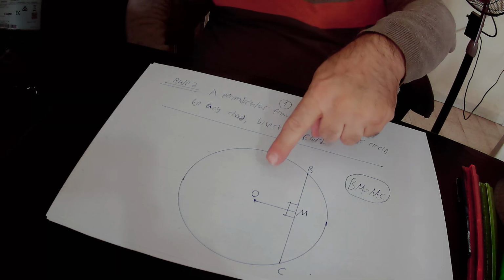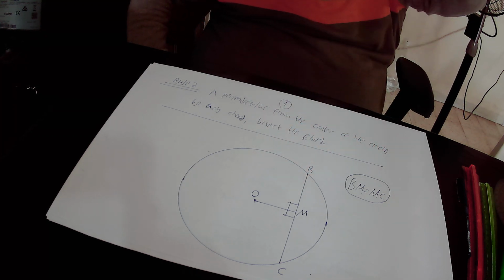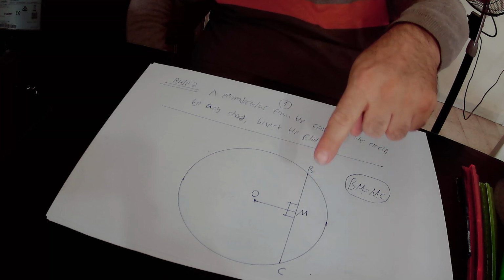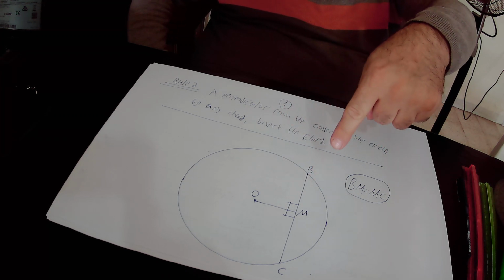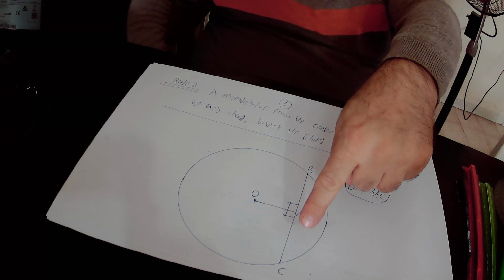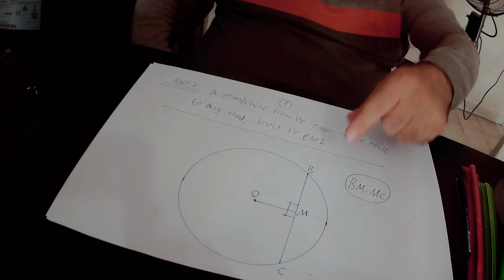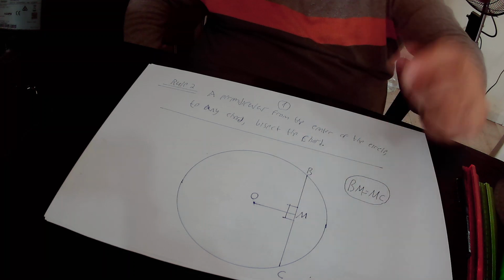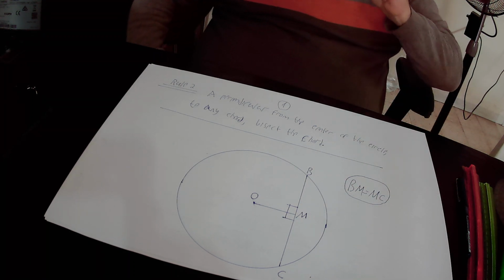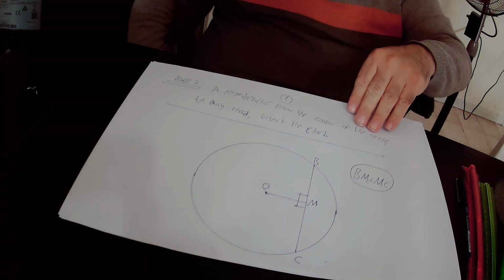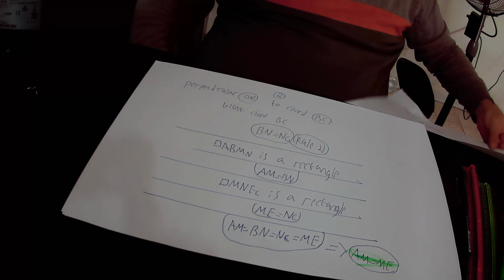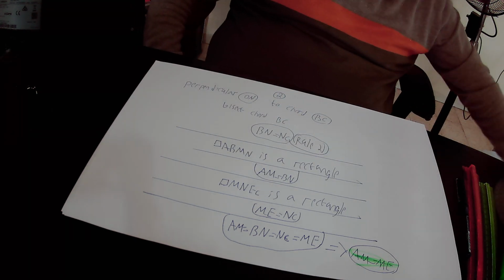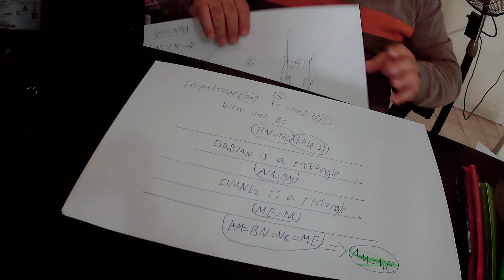So whenever you have a perpendicular from the center of the circle towards any chord, it will bisect the chord. Like here, we have perpendicular OM from the center of the circle towards chord BC, and therefore it will bisect chord BC. That is to say, BM equals MC. According to this rule, we can actually implement it in our drawing. Why? Because in our drawing,